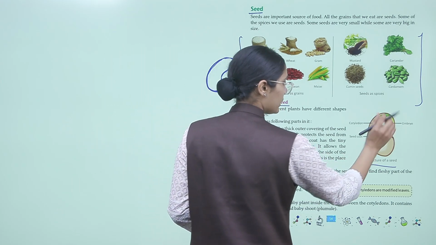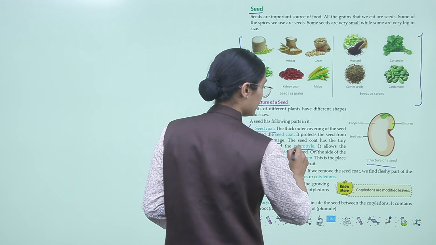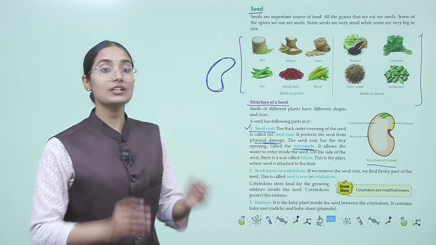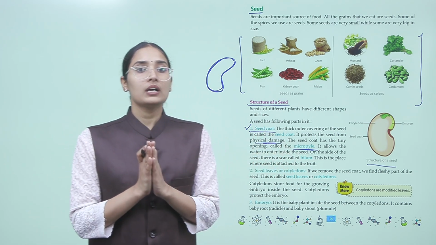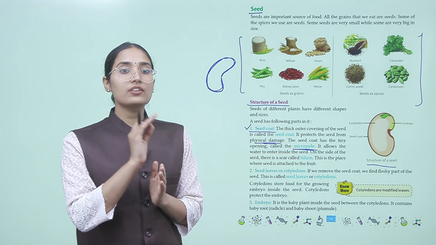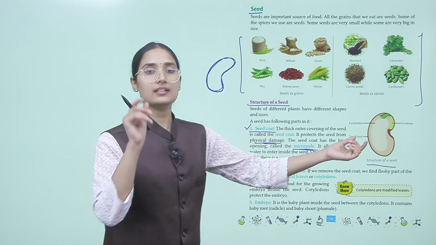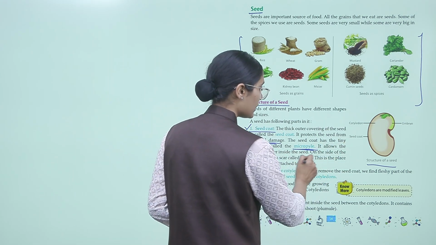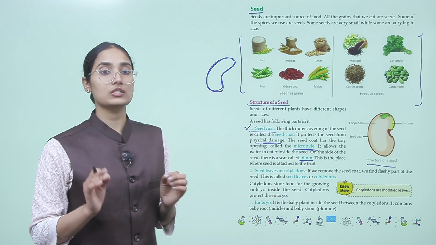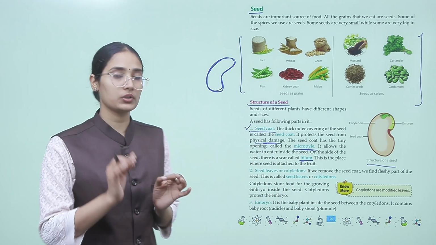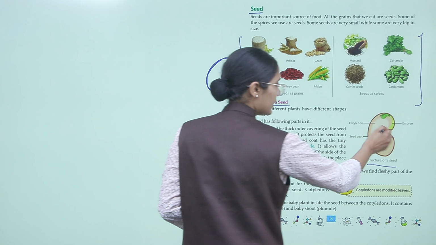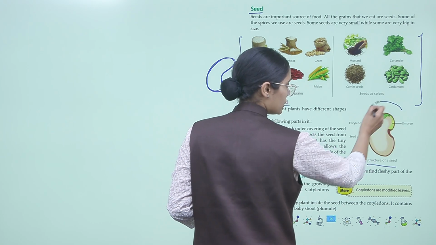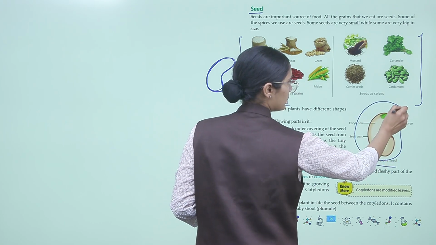So this opening is called the micropyle, okay? Micropyle is the opening in the seed coat. And on the side of the seed there is a scar, right? There's a scar which is called hilum, okay? So this place where the seed is attached to the fruit is called the